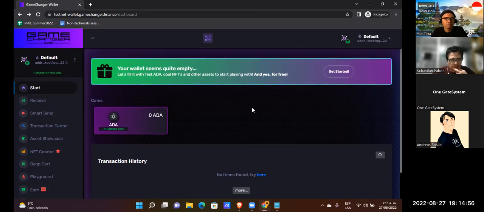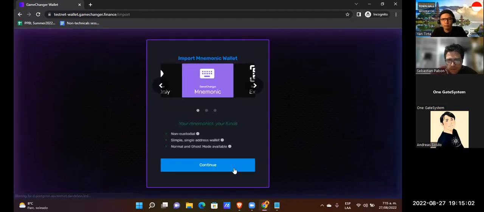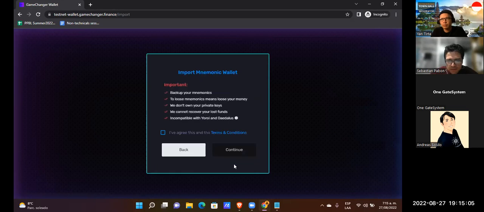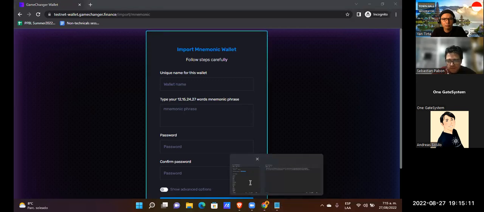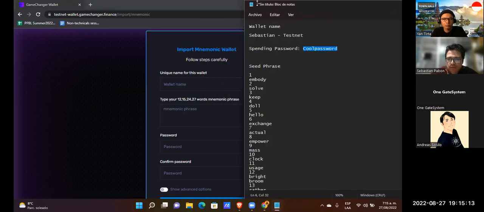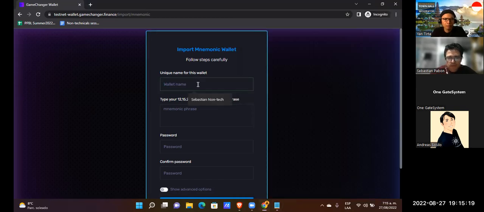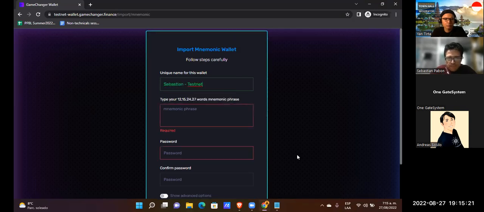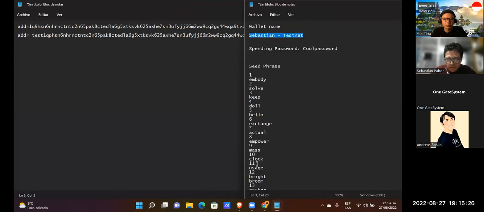For one side, I want to import our previous NAMI wallet. And we take again our data here. Unique name. Sorry again.